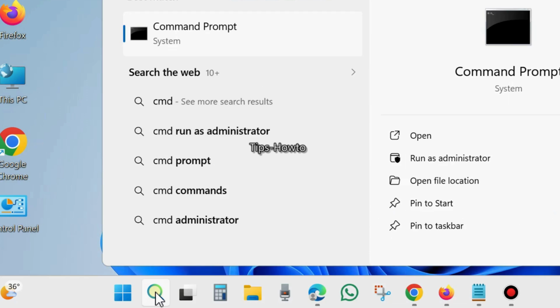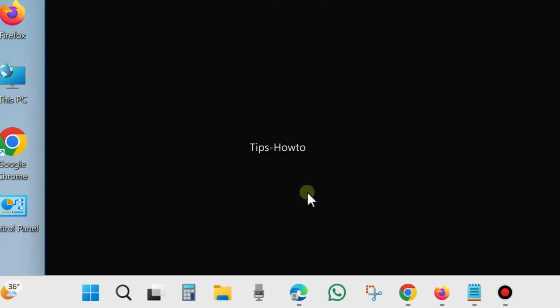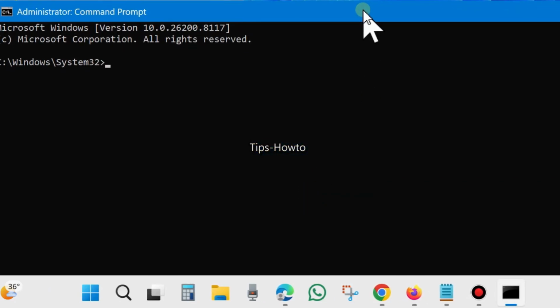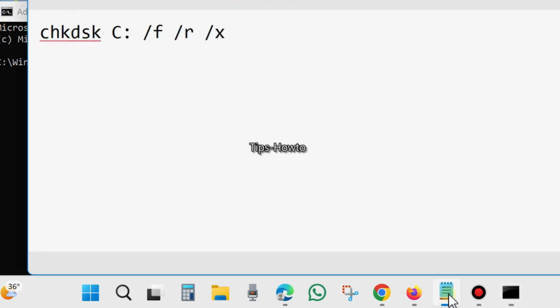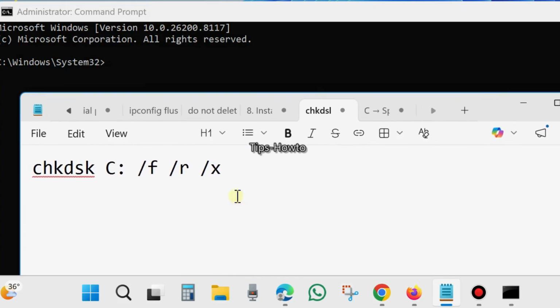Go to Windows search, type CMD and open Command Prompt in run as administrator mode. Now in Command Prompt, execute the command CHKDSK as shown on screen. CHKDSK C, your system drive,